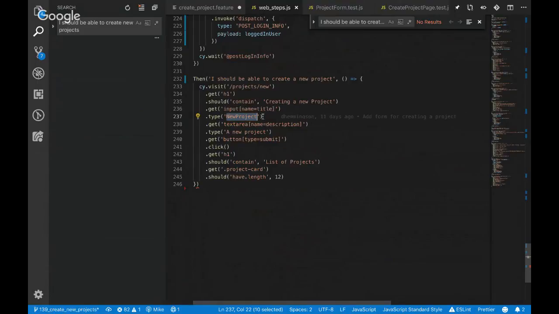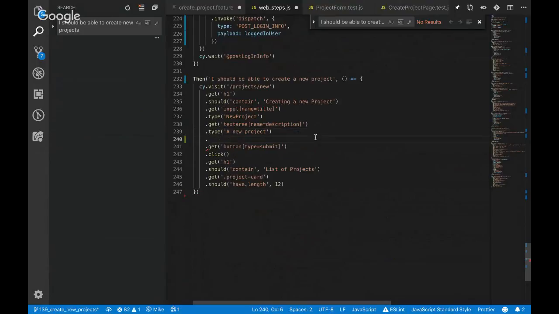So we should maybe look at, before we click button, we should get select, and let's select its name. Let's call it